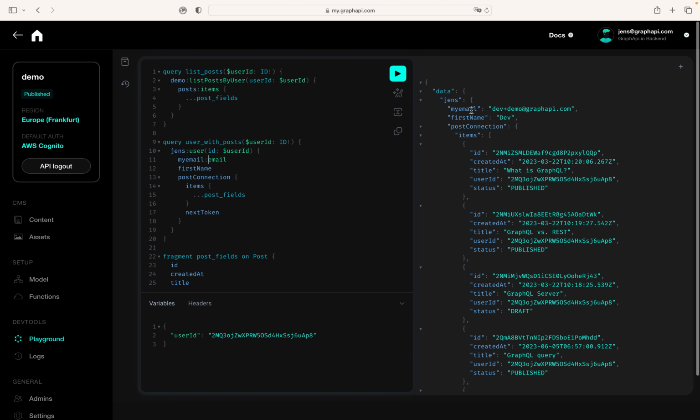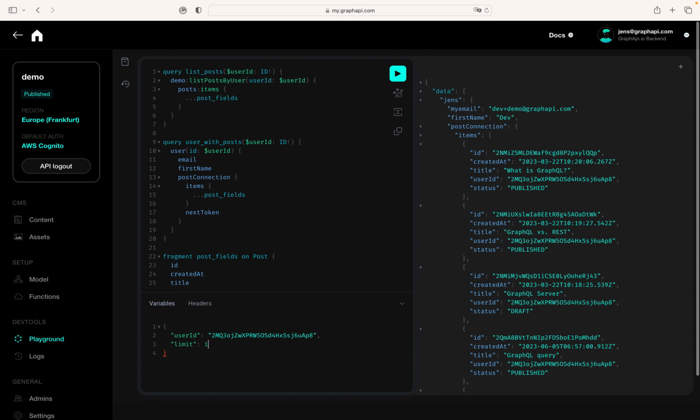So now you call this my email instead of just email. That's exactly as we did it before. It just works on any field that you can specify, which is a great feature. So now we covered arguments, we covered aliases and fragments. And there's one last thing which I want to show, which is